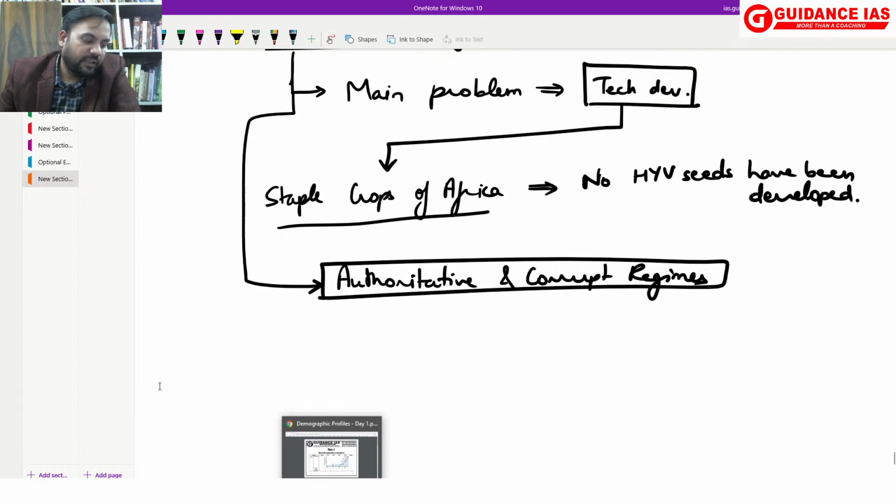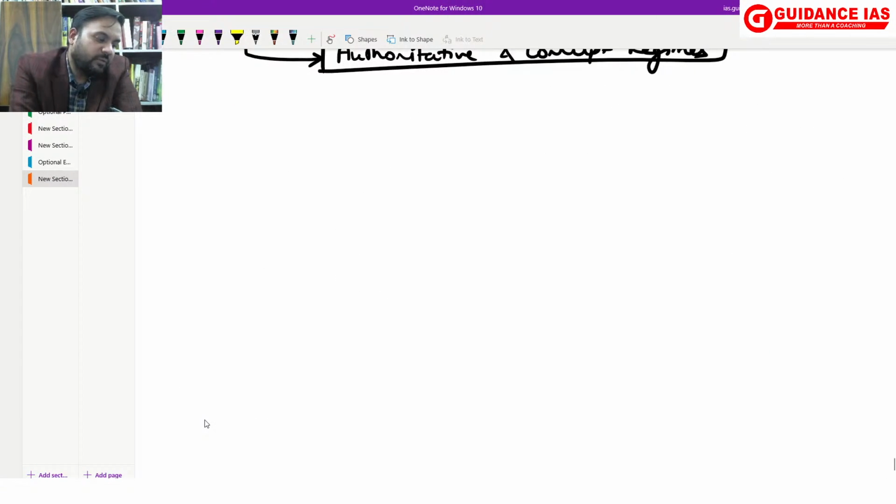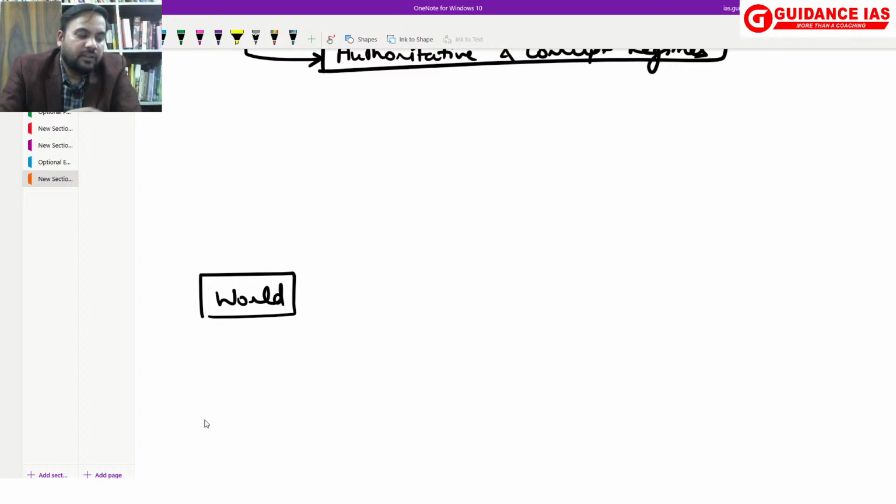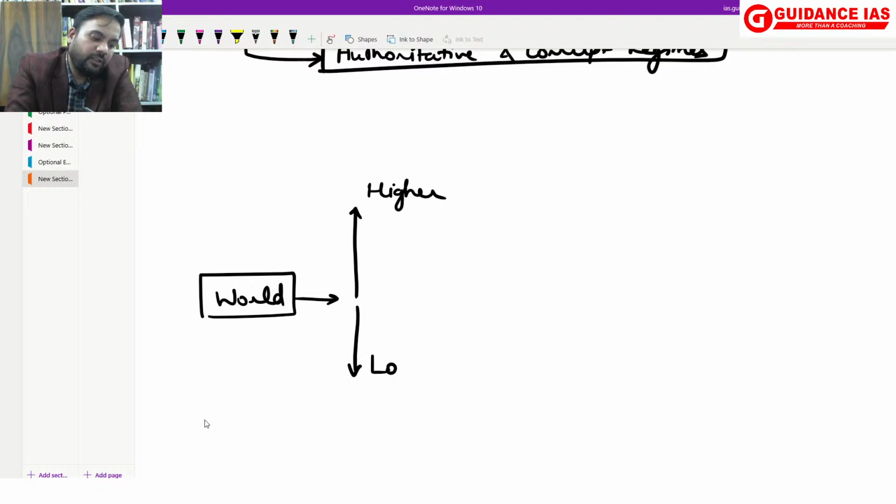Like for example, if I have to remember, first I will remember what is the world level. Okay, so one I have remembered. Now tell me, I can say that it is either higher than world level or lower than world level. So if I try to remember it more comparatively, it will be easier for me to remember. Then there is a possibility that I will be able to remember. Can you understand what I am saying?